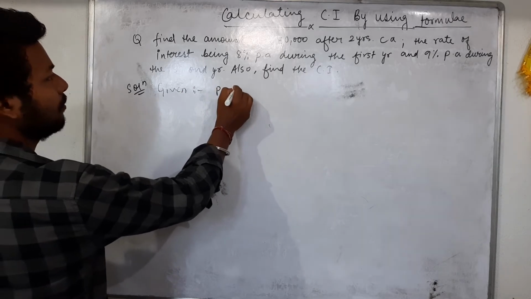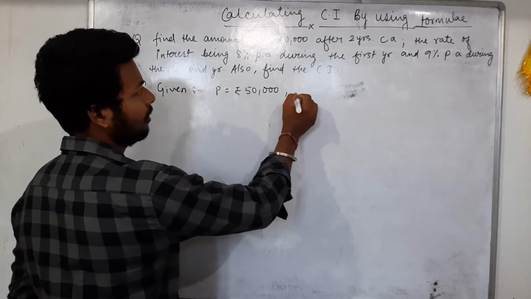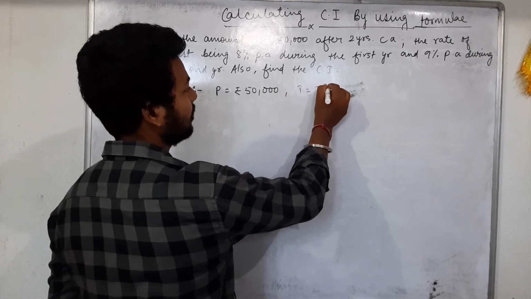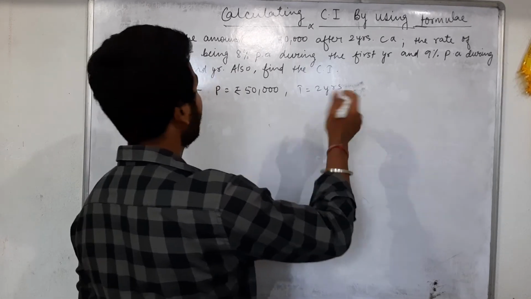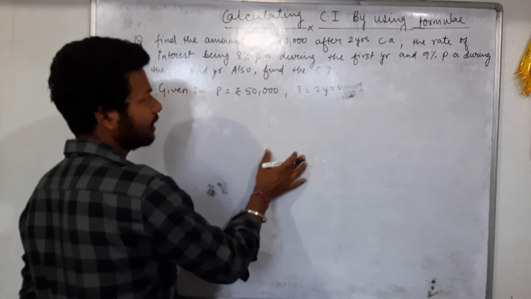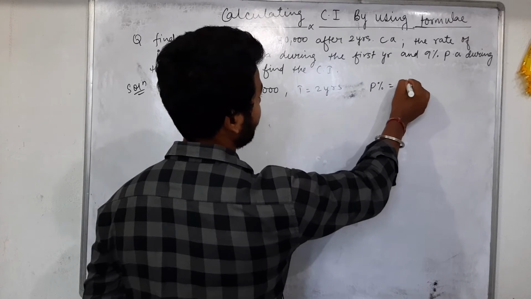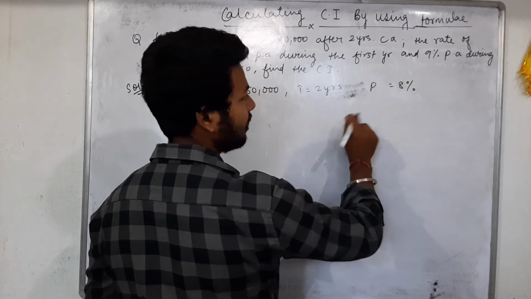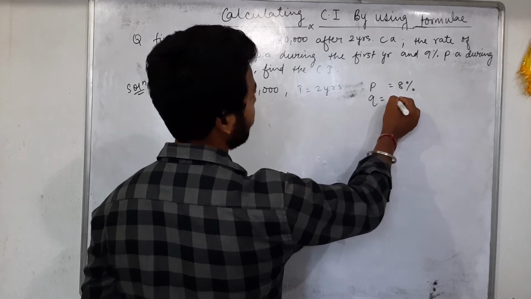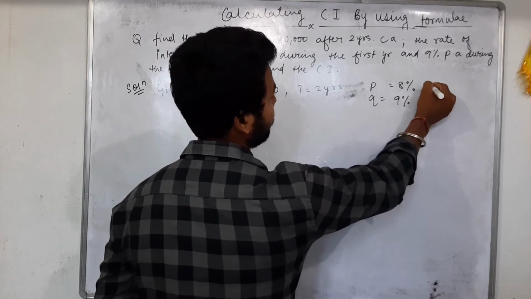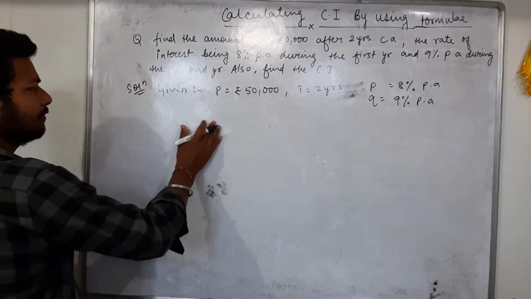P is equal to rupees 50,000. Time is 2 years. The rate of interest being 8% per annum, the first rate is given, that is P percent is equal to 8%. And what is the value of Q given? That is 9% per annum. Okay, so by using the formula,